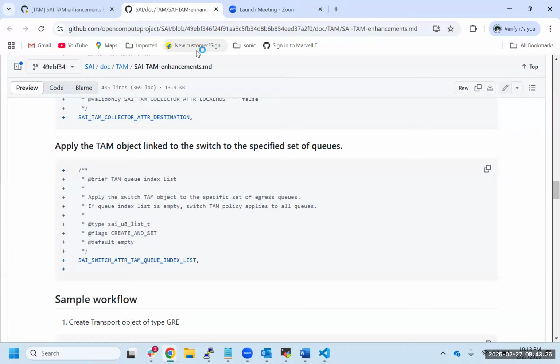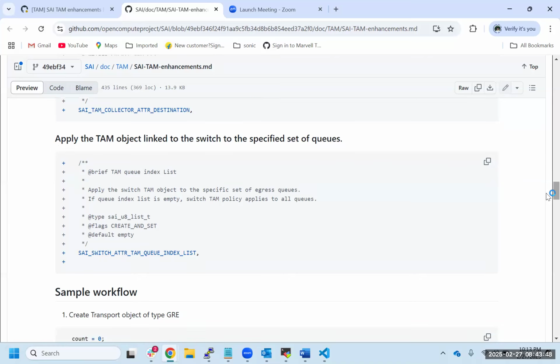I think the same thing happened when we did that packet trimming, right? What was the NVIDIA recent proposal? There also they had to come up with some Q index list to say that, hey, across all the ports, I want to enable packet trimming on these particular queues. Yeah, but we modified it to use the TC map. So it has both proposals. You can have a very specific queue for all the ports, or it can be derived from the traffic class. That is an enhancement we did.